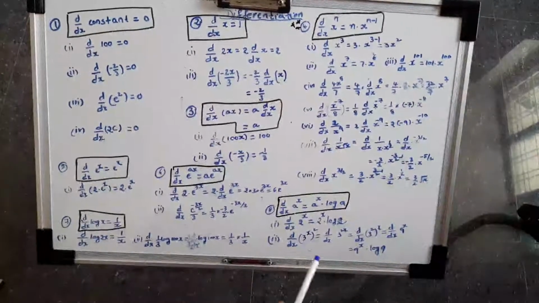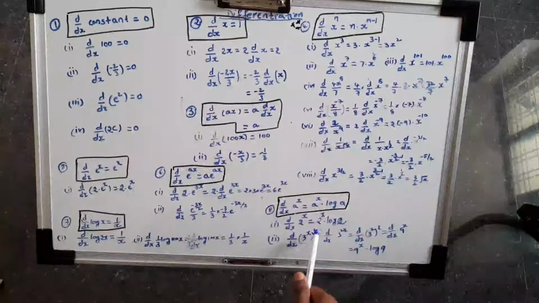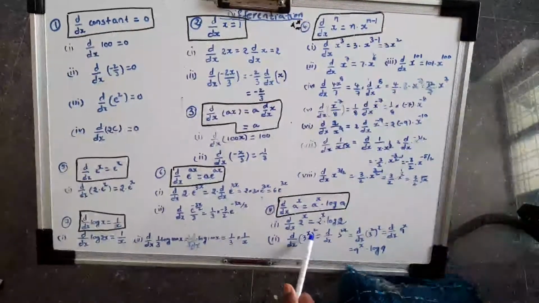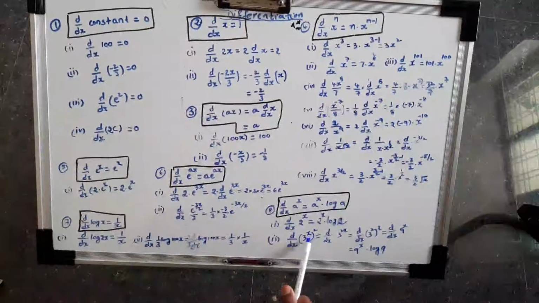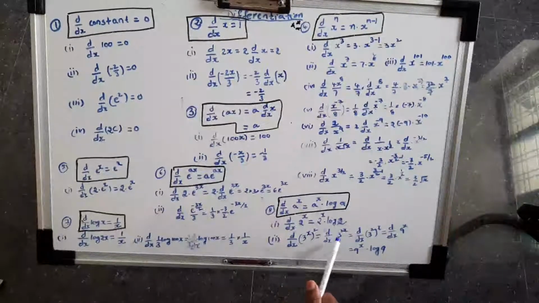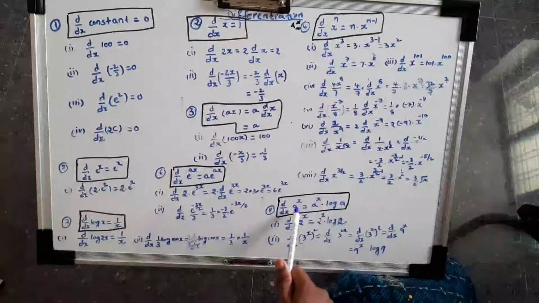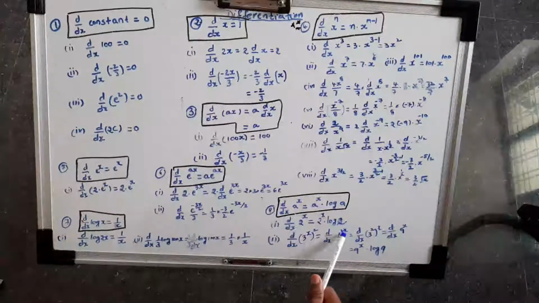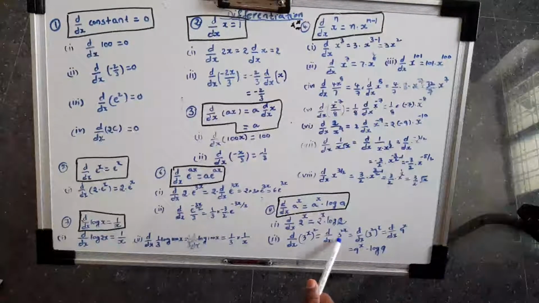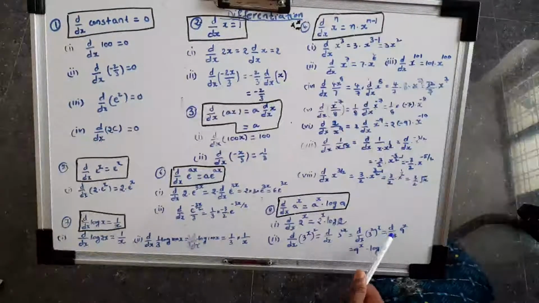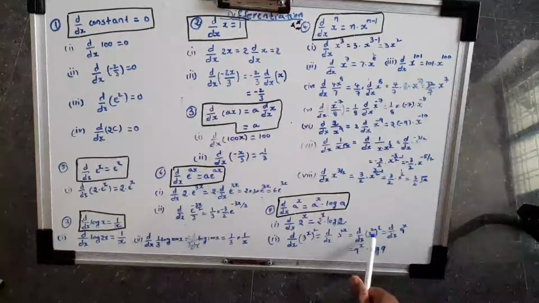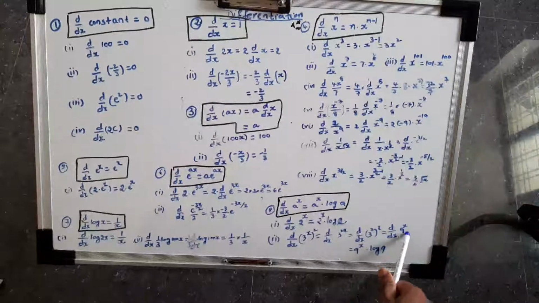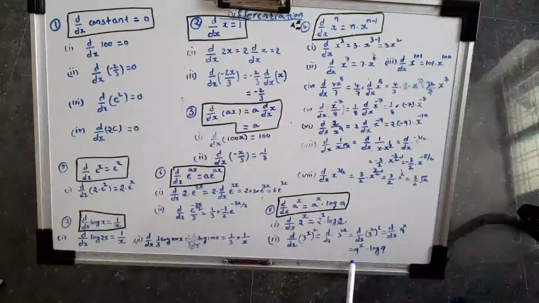Now suppose a power x has some other power value. For example, 3 power 2x. Power of the power, you should multiply the powers. Remember this. We know the formula for a power x only, but here there is a constant before x, so you apply that value to the power: 3 square power x. Otherwise, remember that the value and the variable should interchange. 3 square is 9, so 9 power x. Now apply the a power x formula: a power x into log a, so 9 power x into log 9.